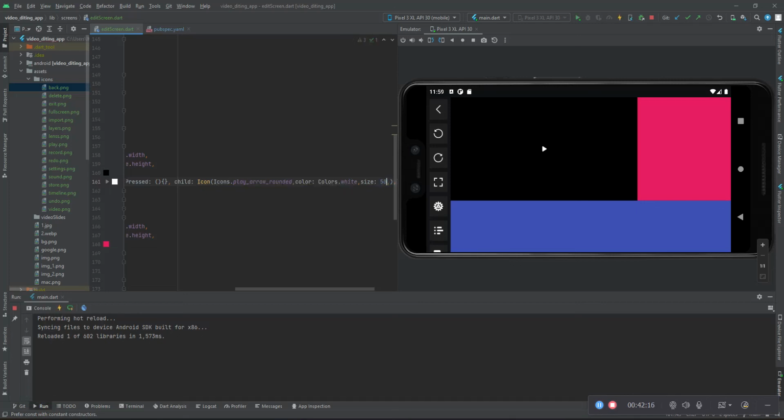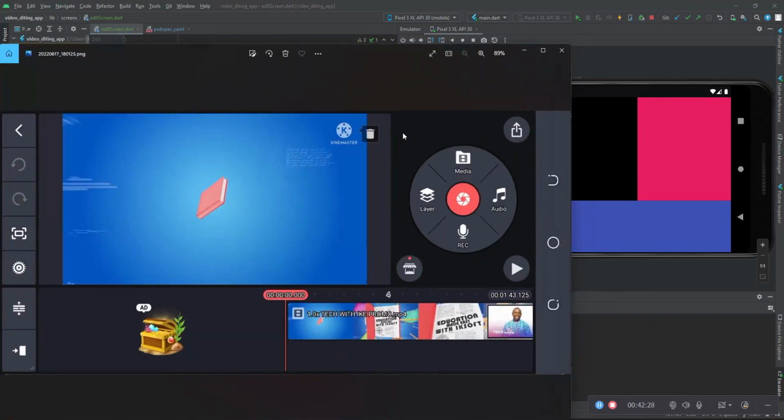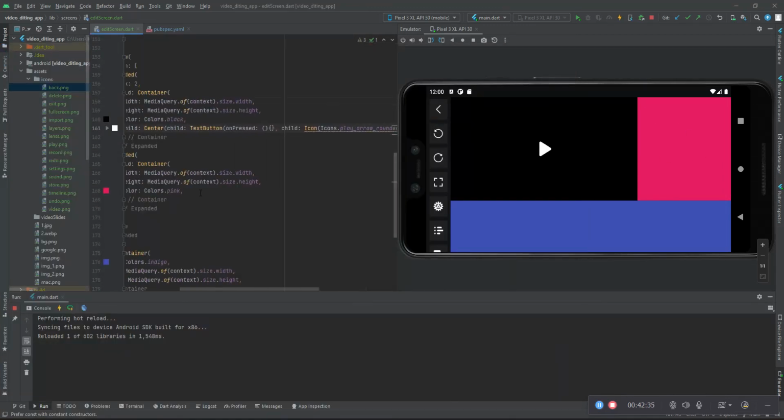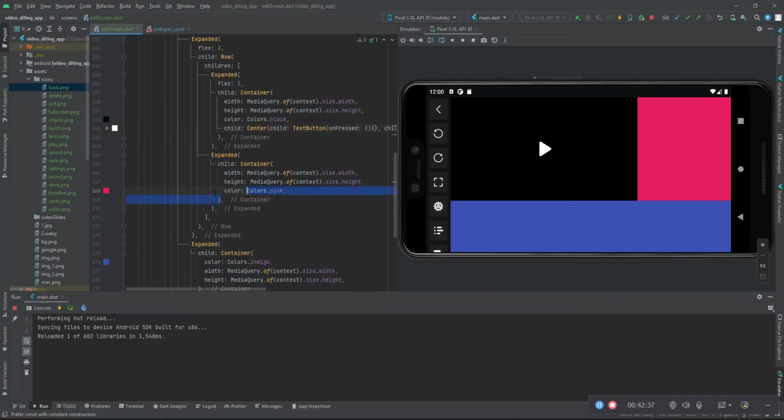Let's set it up to 50. That is double times this. I can just set it up to 70, and it looks great, right guys? So now looking at this section is actually going to be the background color we have. So while we are done with this, we just have to take this color out,